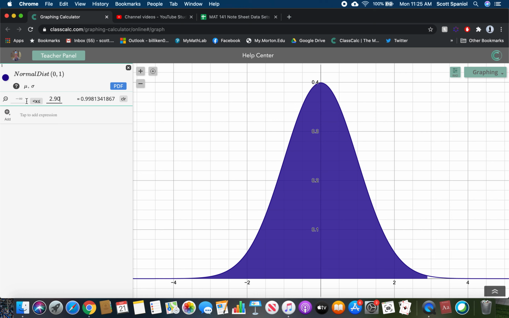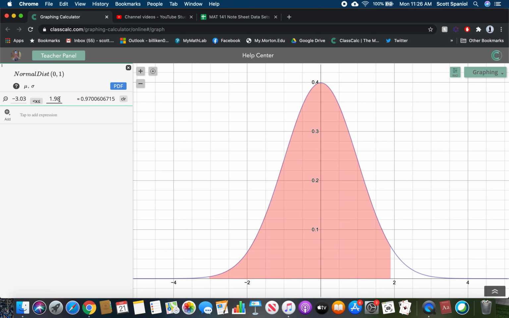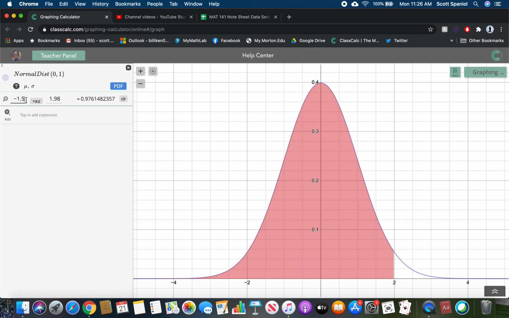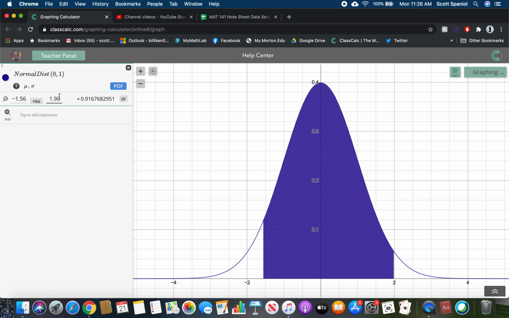And if we want to be between negative 3.03 and 1.98, we can do that. Put the left endpoint on the left, the right endpoint on the right, and we get 0.9749. And then if we want to be to the left of negative 1.56 or to the right of 2.56,